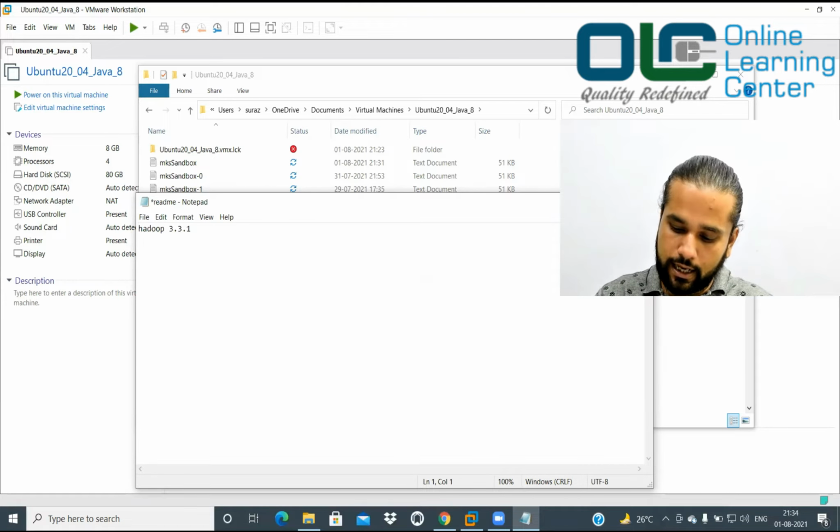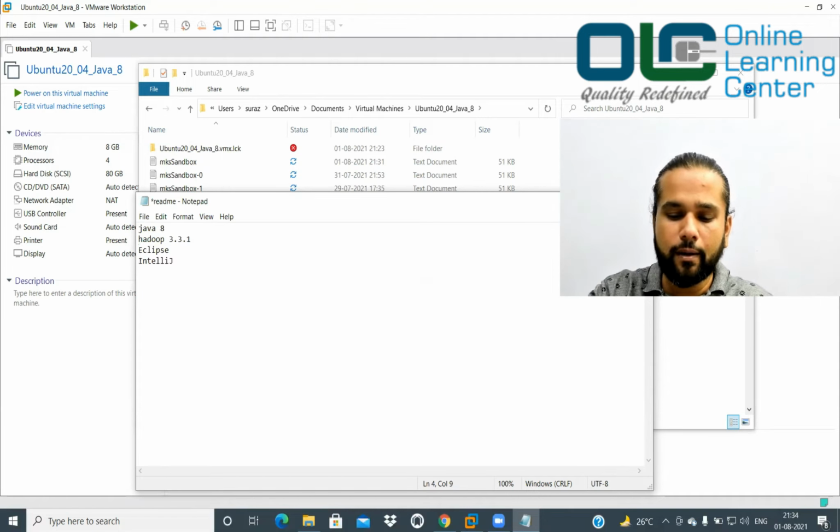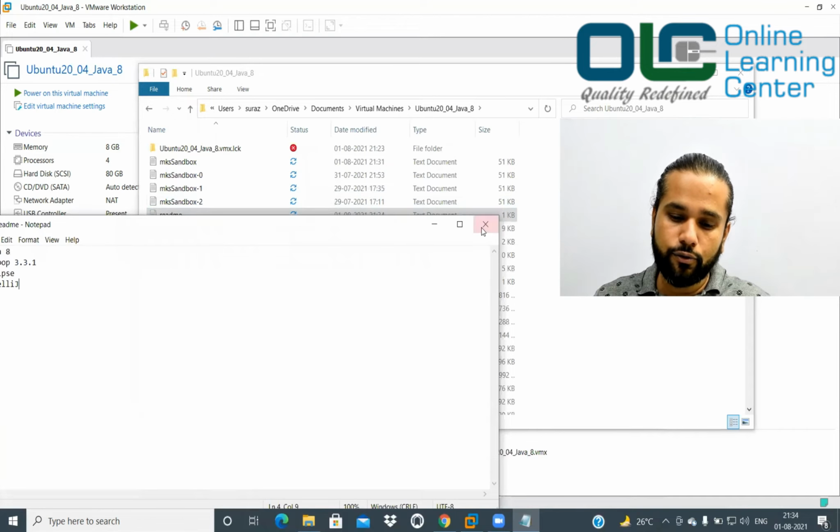I can say I've installed Java 8. You can also say, let's say you've also installed Eclipse, so you can say Eclipse is also installed, and let's say IntelliJ is also installed, right? And if you have installed a lot of components like Hive, Sqoop, which you'll do later, then you can also list down all the software that you've installed here, right? And then just say save, and you are done.